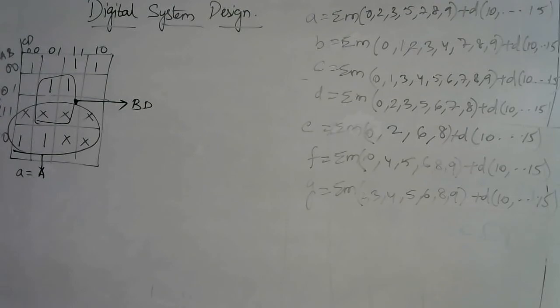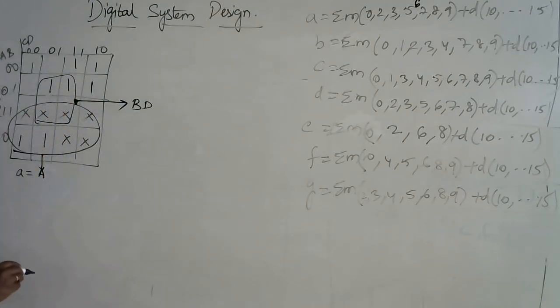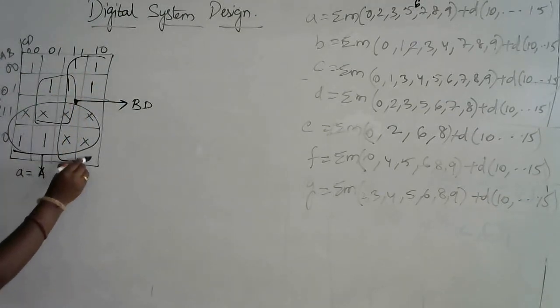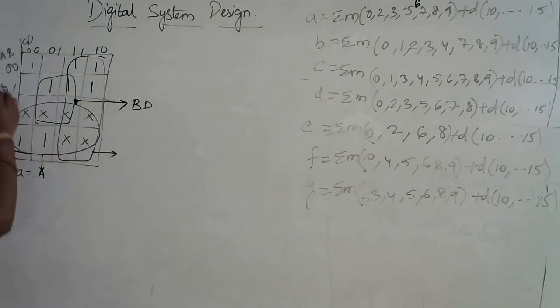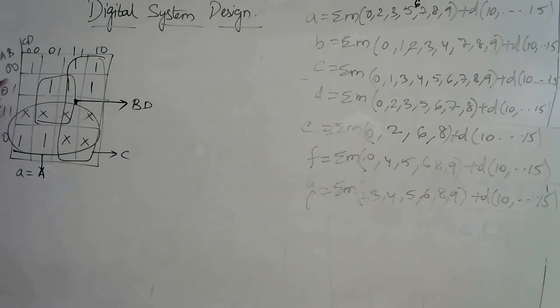And the next one is, as we are having the ones at this point, in case of A, we are having sigma m of 0, 2, 3, except 1 and 4. Except 1 and 4, we are having all the things. So here also we need to write down a 1 over here. So we can make this also one octet. This octet result is all the rows will be cancelled out, left over with only columns, which is nothing but C.